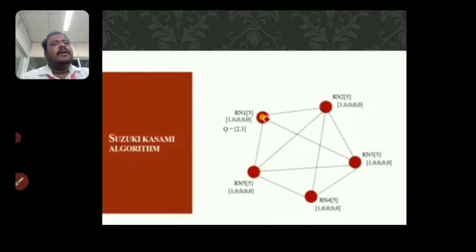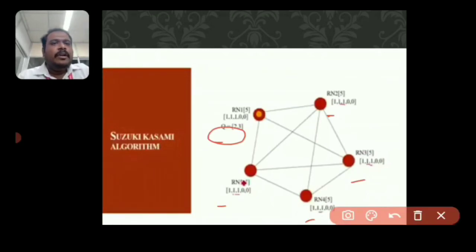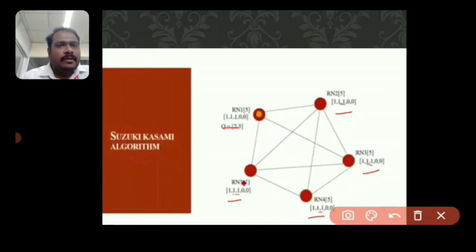Right. Now it is working in the critical section region. Now again, in the queue, 2 more requests have come, requests from sites 2 and 3. Out of these 2 requests, Rn1 has to broadcast a message again to all other sites. So what is happening? Have a look here. It is broadcasting a message, so see this clearly.